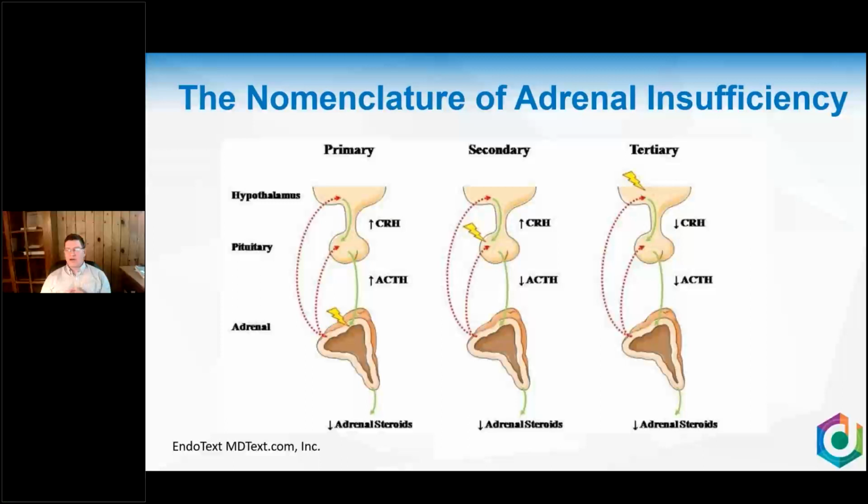Secondary adrenal insufficiency is typically defined as when the pituitary, when given a signal from CRH, doesn't produce enough ACTH, and therefore there's not enough signal to produce cortisol, and you get a low cortisol output. Tertiary adrenal insufficiency is where, usually in the hypothalamus, something is downregulating the production of CRH, which then reduces ACTH and reduces